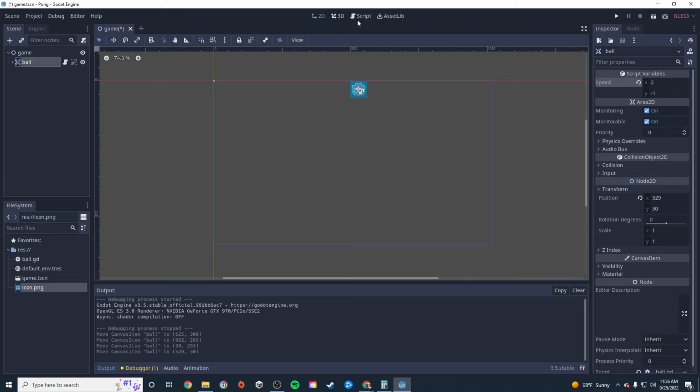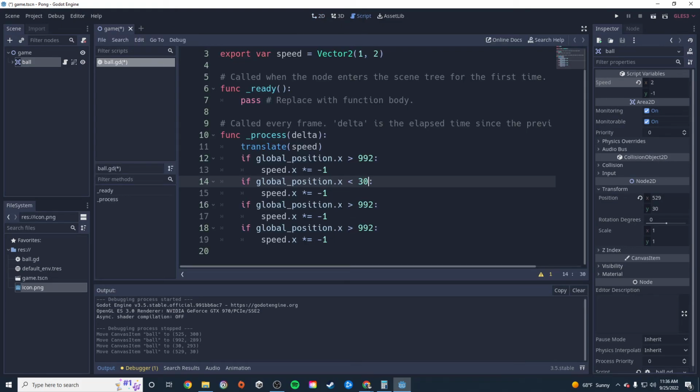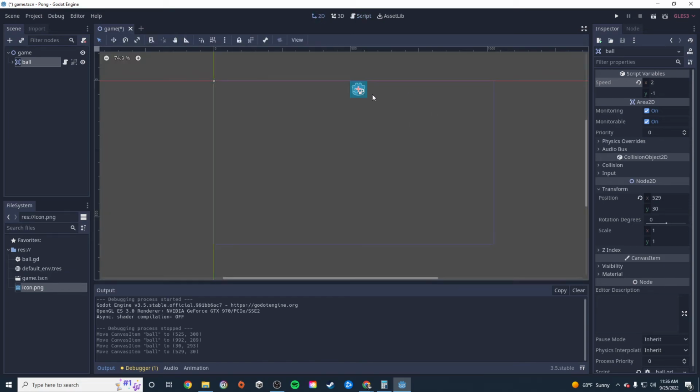We'll say 530. Now we're not checking the x, we're going to check the y. And we're going to say if it's greater than 530. And then for the bottom, we'll say that's about, oh,